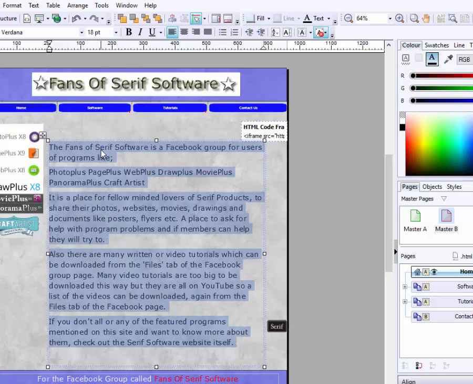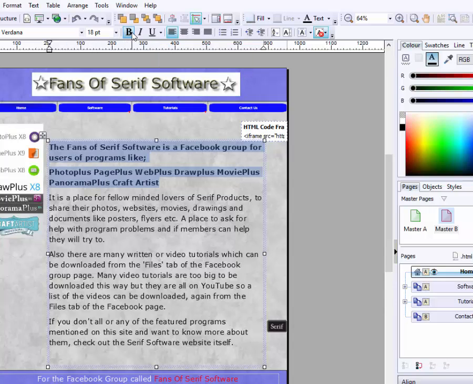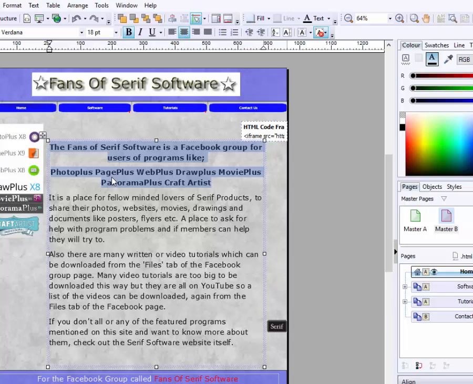Yes, let's make that 18, and then I'm going to make these top two paragraphs, text in bold and centered. The other thing I'm going to do is add a bullet point between each of these